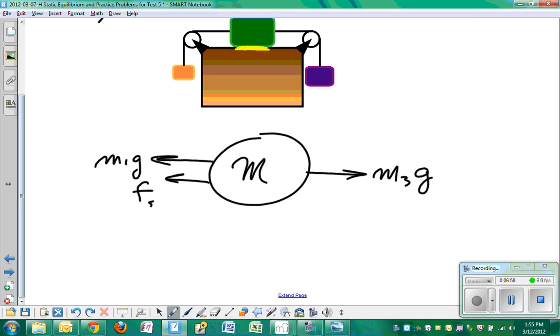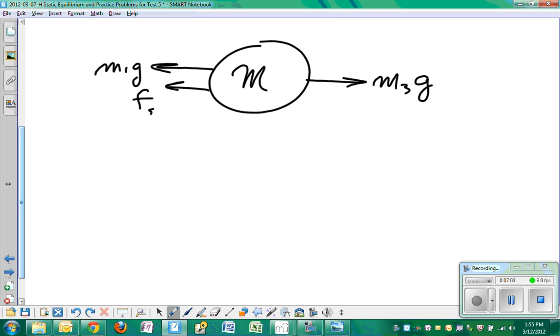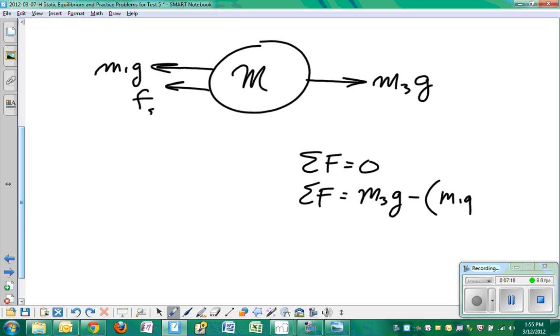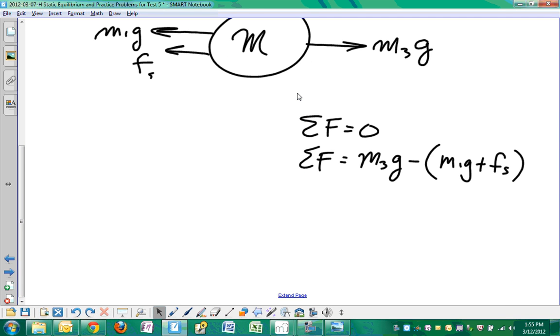So if this is released from rest and does not go anywhere, then we know that it's in static equilibrium. The net force is equal to 0. Net force is the same expression as before: M3G minus M1G plus friction. In this case, static friction. All right, so if that's equal to 0, we just know then that